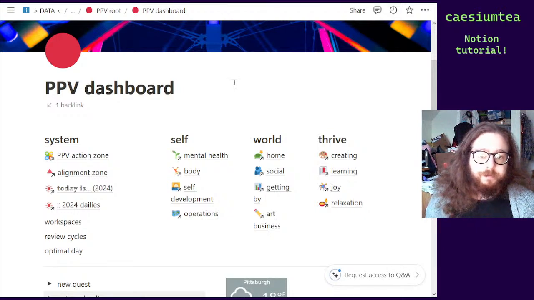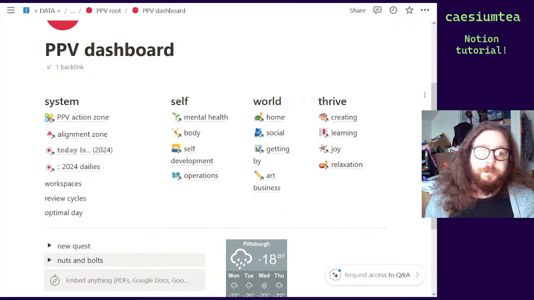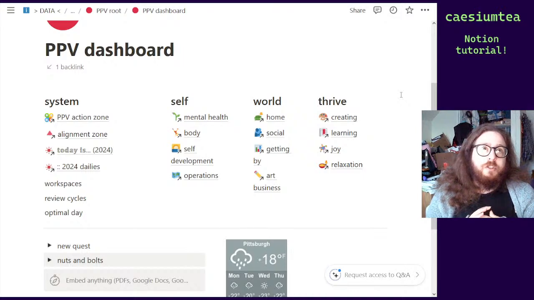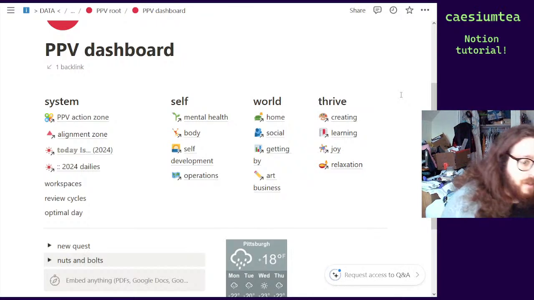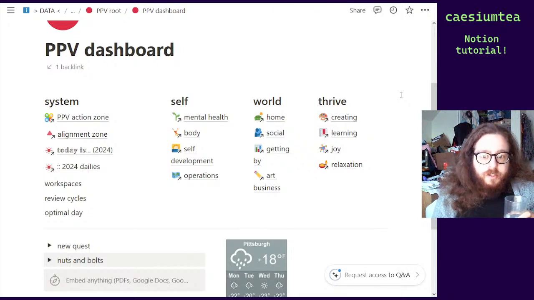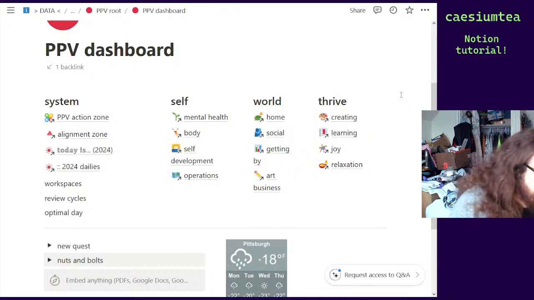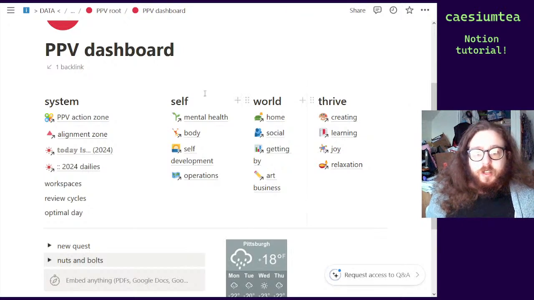I'm not done yet, but a dashboard is a word people will use in the Notion community for a page that is basically a bunch of links to other pages or linked views of databases. It doesn't have much original content itself. It's just like a portal that you use to get to other parts of your workspace and to organize links to information that's in other areas and pull things together from different parts. So this dashboard